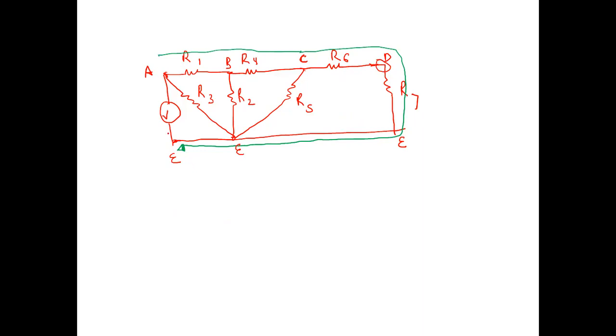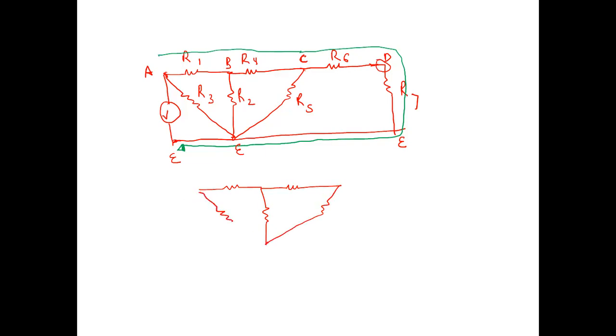Now, if you look clearly, there's a voltmeter over here. This point is connected between A and E. This point is connected between B and E. This is B and C. This is C and D. Now, first, when we are going to reduce this circuit, we'll notice this. This circuit,